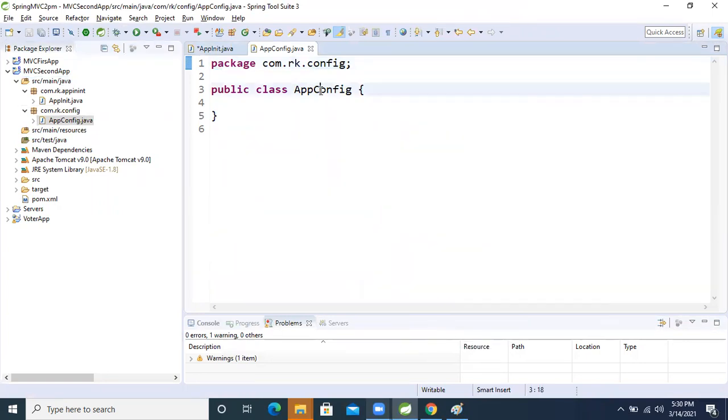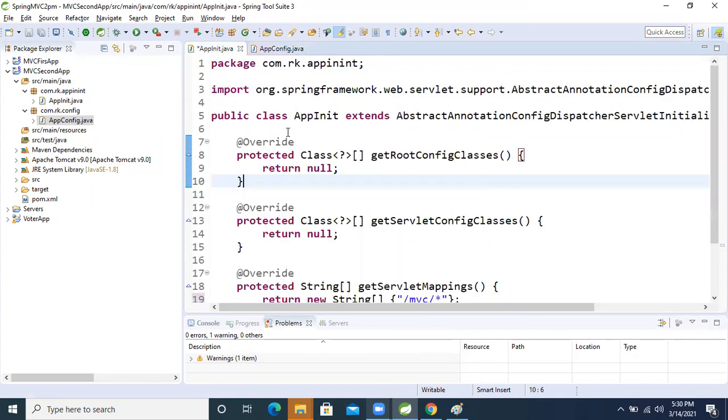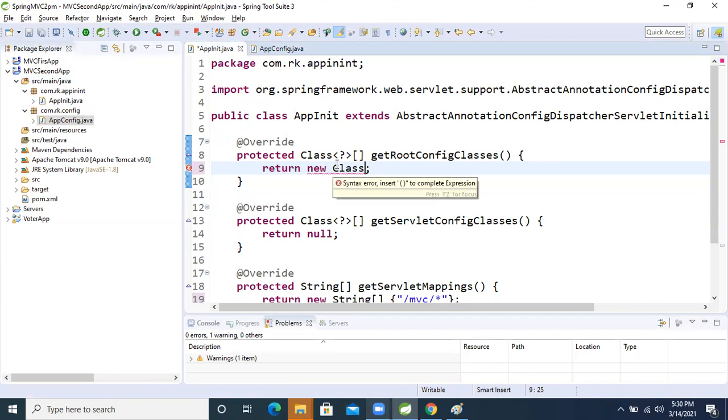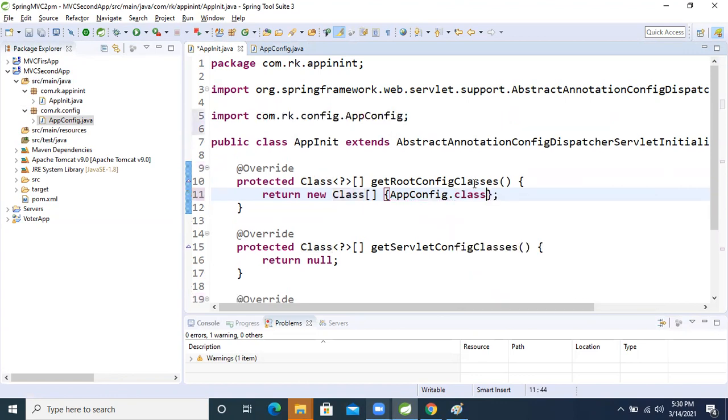So what we will do now, we will pass this class, right? But the class has a return type, right? So how will we return it now? This one also, which type? Array type. Okay, so now what we will do, new, class means the same class, right? Now the array inside that, we will pass that configuration dot class, dot class, okay?